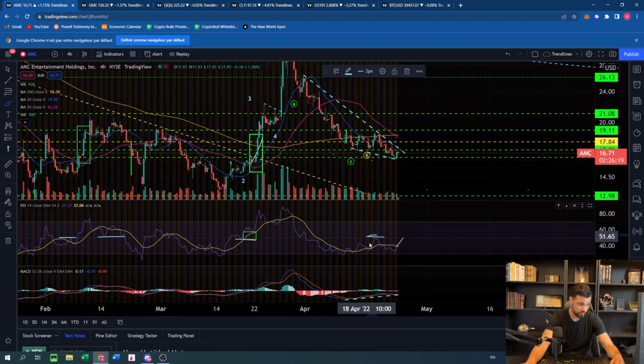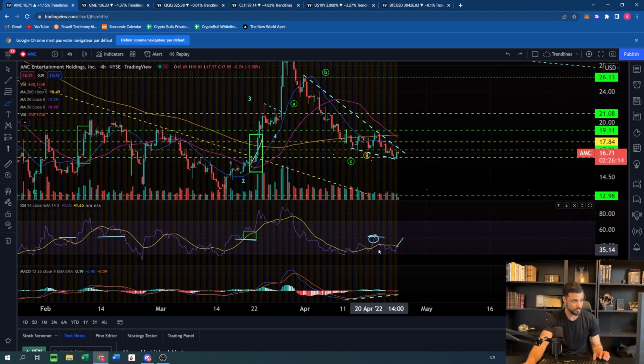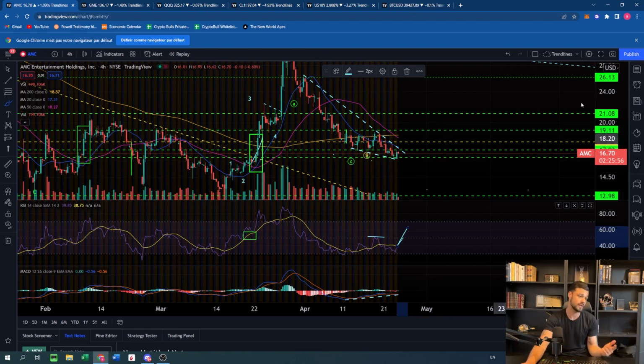So we got rejected here, and we've never been above 50 on the 4 hours time frame since we started to plunge. So if we are above 50, it's going to be something new that we didn't manage to do here. So I would say that for our next breakout to be really good quality, we would need this breakout to happen with volume and with the 4 hours RSI above 50. So we're going to monitor that, and if we have that, it will be looking very good.